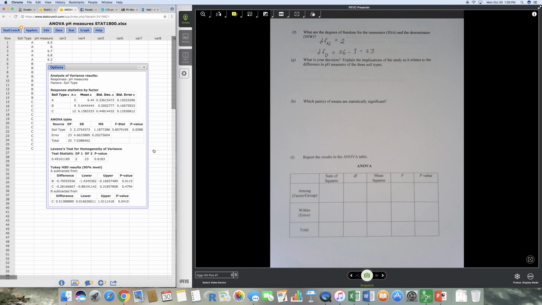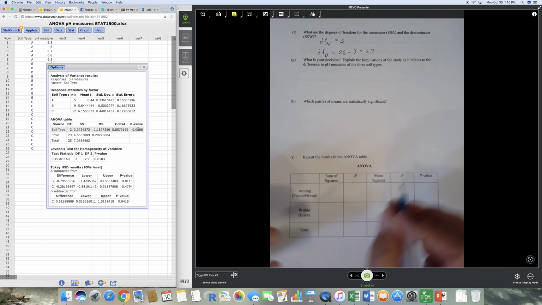So when I compute this, there's a lot going on. First of all, we have the basic statistics that we've already reported. But next thing I would do is go to Levene's, and we can see that we kind of win the game, meaning we have equal variances if the p-value is greater than alpha. So this is a weird situation where you're kind of seeking an insignificant test. And that's what we have. So we can assume equal variances. So we go to our ANOVA table, and we see that we have a statistically significant